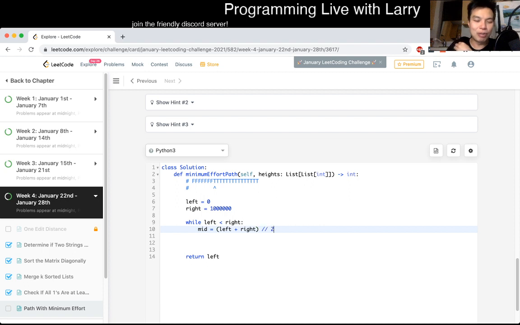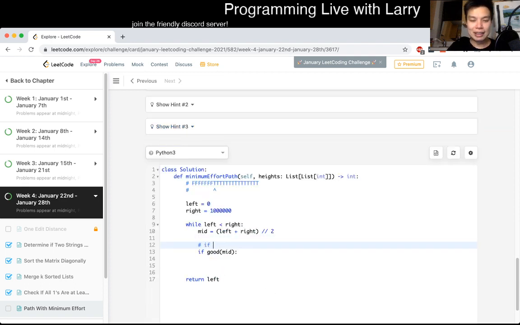I know that there's some overflow consideration, so in other languages you might have to write it differently. In Python, that's how we write it. And I may change this up a little bit depending on other stuff, but I just started writing this. And now I write if good is equal to mid, and I'll write this good function later, but how do we want to define it though, right? Well, we want to define it as,